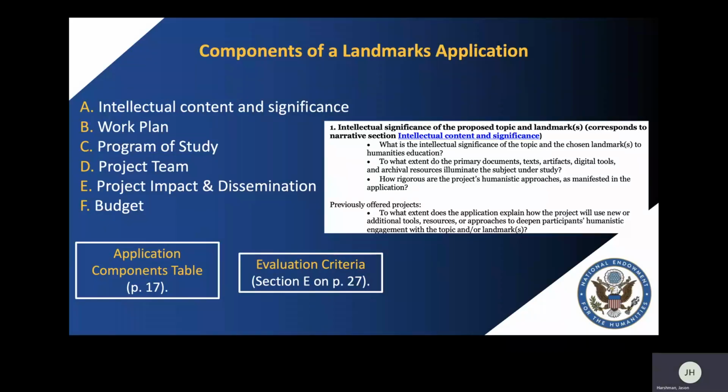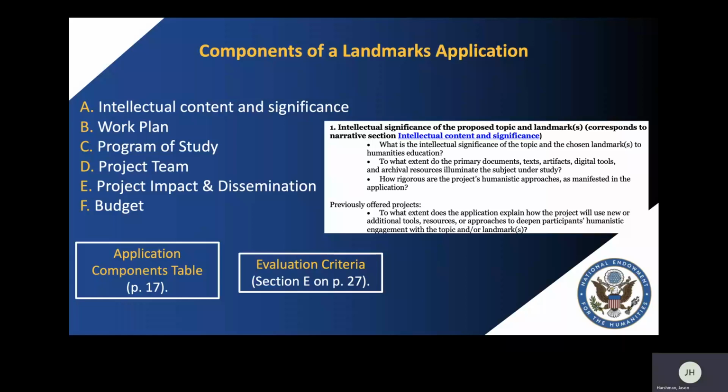I'll begin with the intellectual content and significance of your program. This constitutes the humanities content plus the significance of the topics and sites to instruction and classroom learning in a K-12 environment. Here you will discuss how what is read, what is discussed, and where you go all come together under the overarching concepts and themes of your program. You want to think about the relationship and illustrate how they come together by way of the speakers, the readings, archival materials, and sites that you will visit.